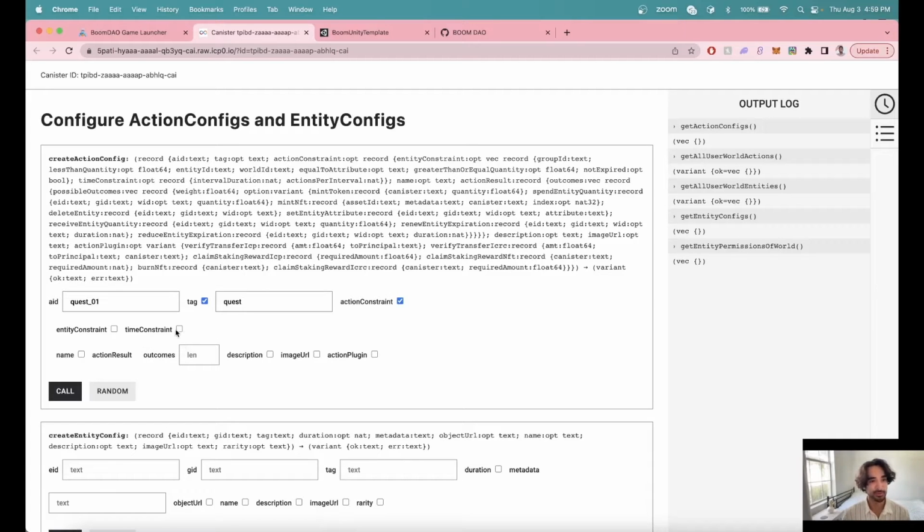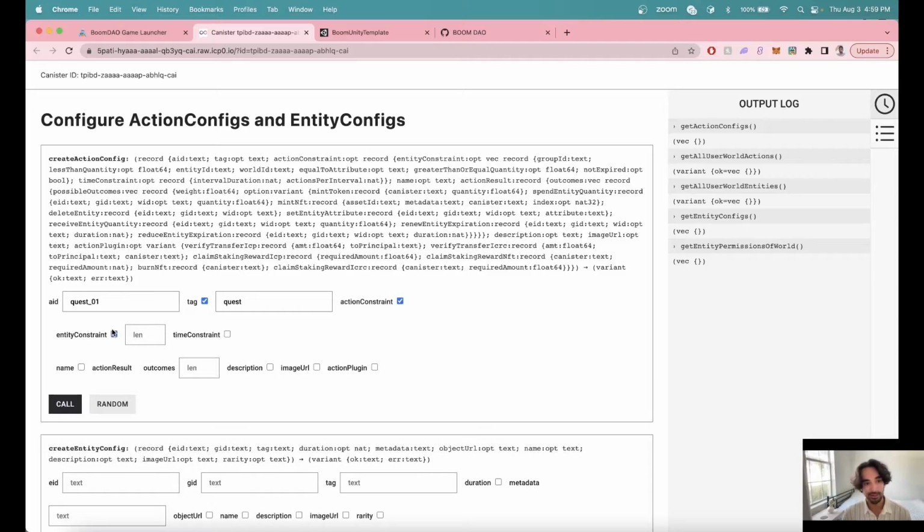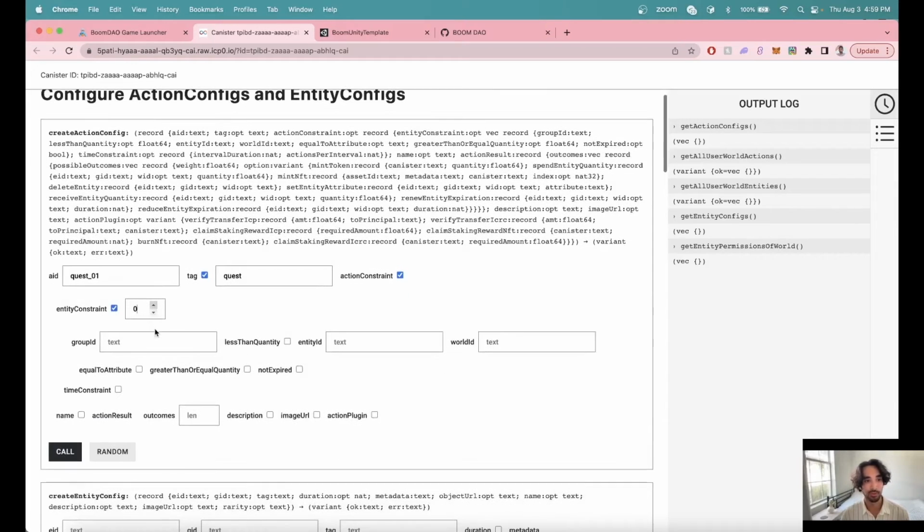There's two types of constraints currently: entity constraints and time constraints. Entity constraints are if you want to specify that the player must have a certain amount of an entity, or a certain type of entity, or an entity that's not expired. There's many different parameters, but basically you want to validate that they have this specific entity